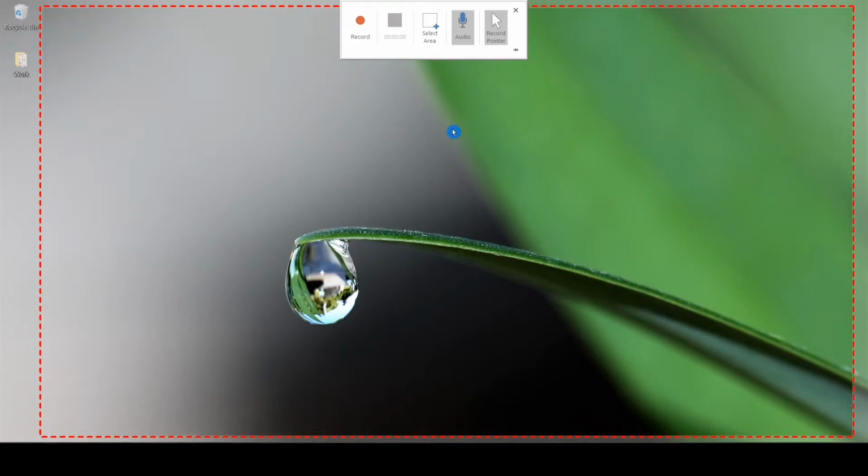Another two things we need to talk about here. The first one is the audio. If you want to record the audio also, you can click on this particular button. By default, it is already enabled. If you click on that, it will get disabled. So let me click on that to enable it again. Another thing is if you want to record your mouse pointer, so whenever you move your mouse, that pointer will be visible or not. That also you can configure from here. So these are the very basic three settings you have before you start recording.